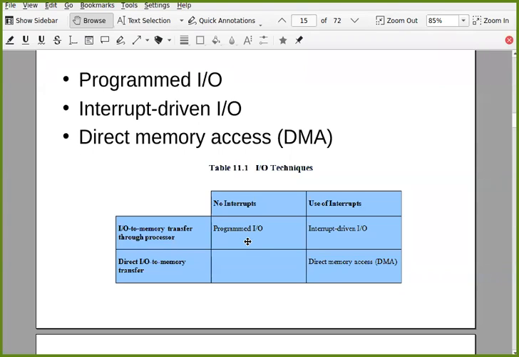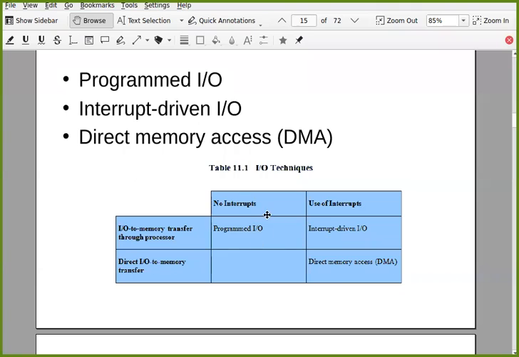Then we have interrupt driven IO, which is similar to programmed IO in that the processor is still involved. The processor will instruct the IO module to transfer some data between memory and IO. The only difference is that the processor is not waiting for that transfer to be completed before it continues executing the process.